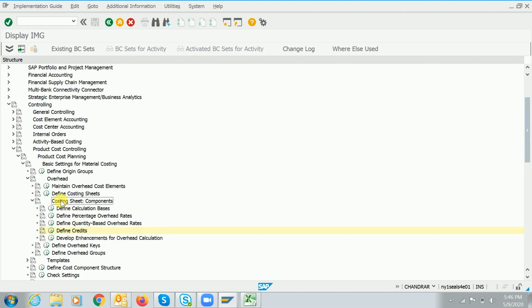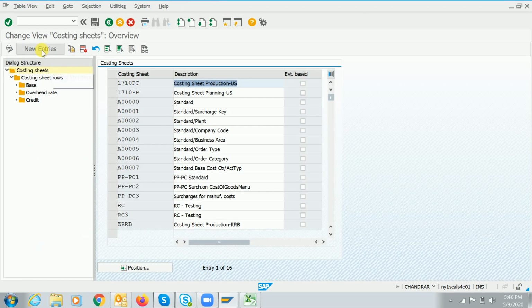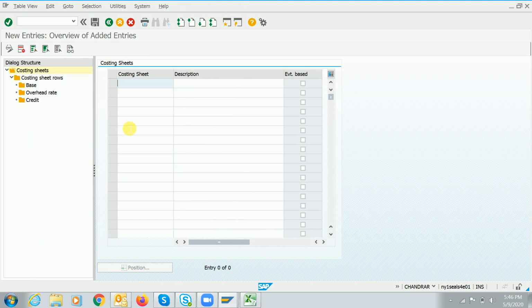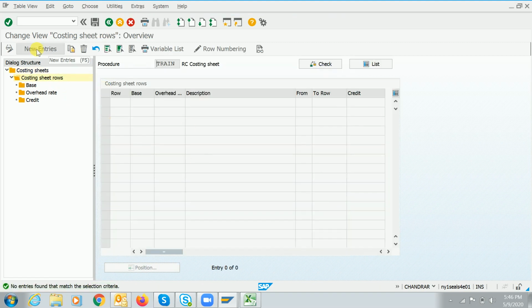Once you are done with this, go to define costing sheet, guys, and go to new entries. Enter the costing sheet. Then select this entry and click on costing sheet rows, and click on new entries.